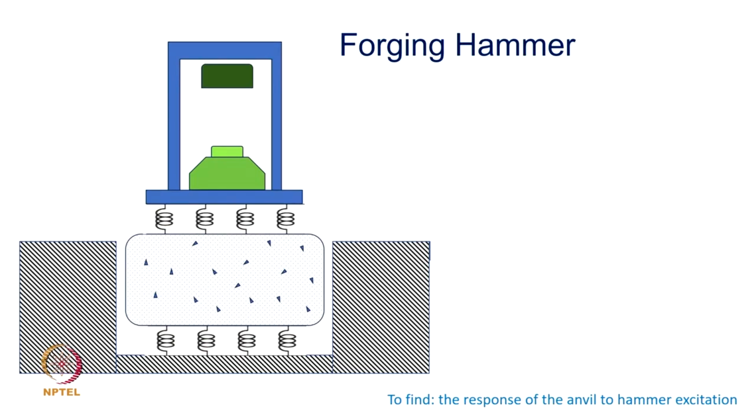The examples of such excitations are many, and what I am just highlighting here are some of the practical examples. In case of a forging hammer, we I think discussed this example earlier, that if a top or a hammer falls from a height, that typically happens on a workpiece which is here mounted on the anvil, and then when this top or the hammer falls on the workpiece being forged, there will be a sudden excitation force acting on